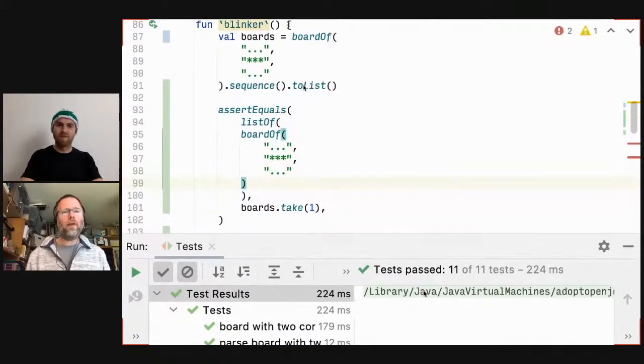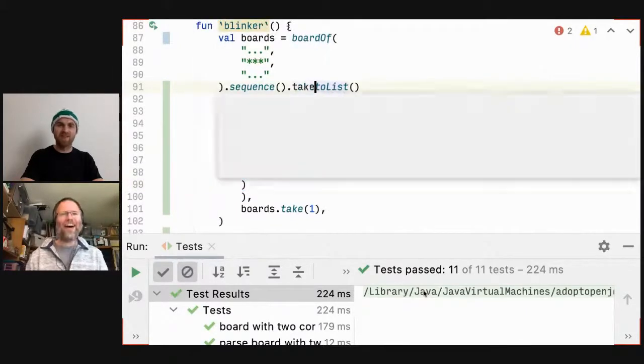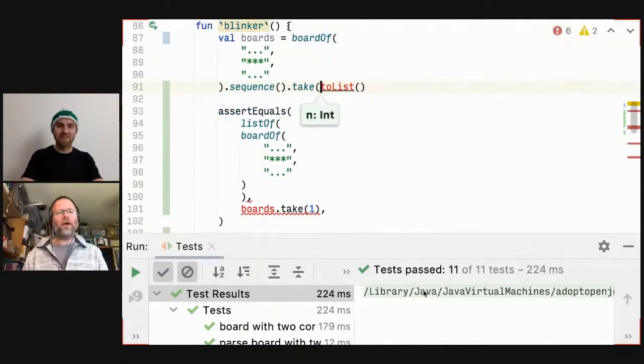Interesting. Oh, hold on. We can't do two list. We're going to have to say take some. We can take two lists. Oh, I see. So if we say take one to list, and I obviously haven't internalized sequences very well, but